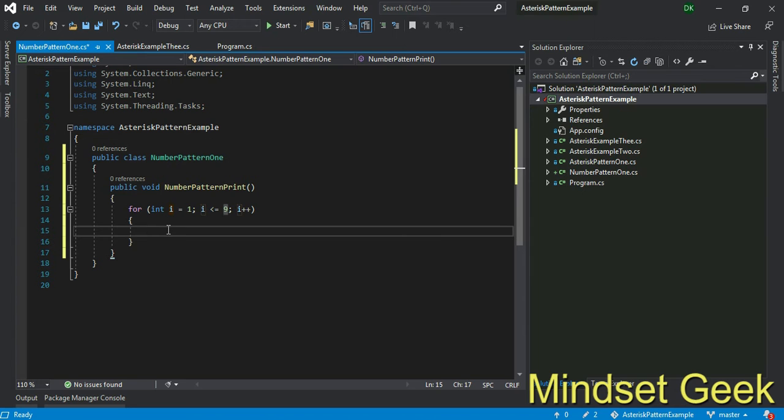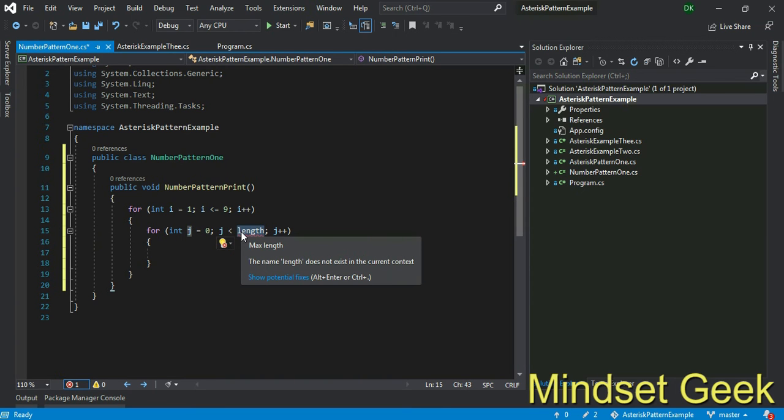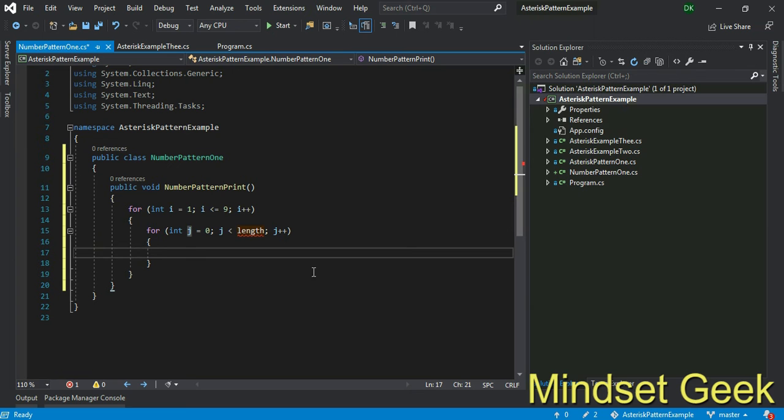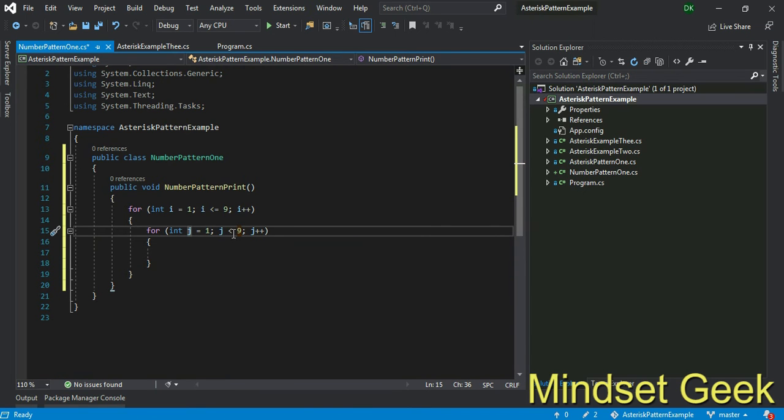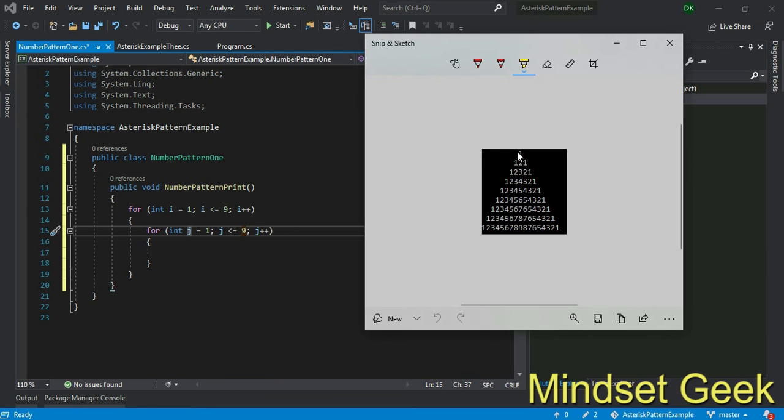Okay, first part, we use this for loop for space, right? How many spaces do we need? The first time we need 9 spaces. Use 1 2. It is easy. Second time we need 8 spaces, then 7 like that.